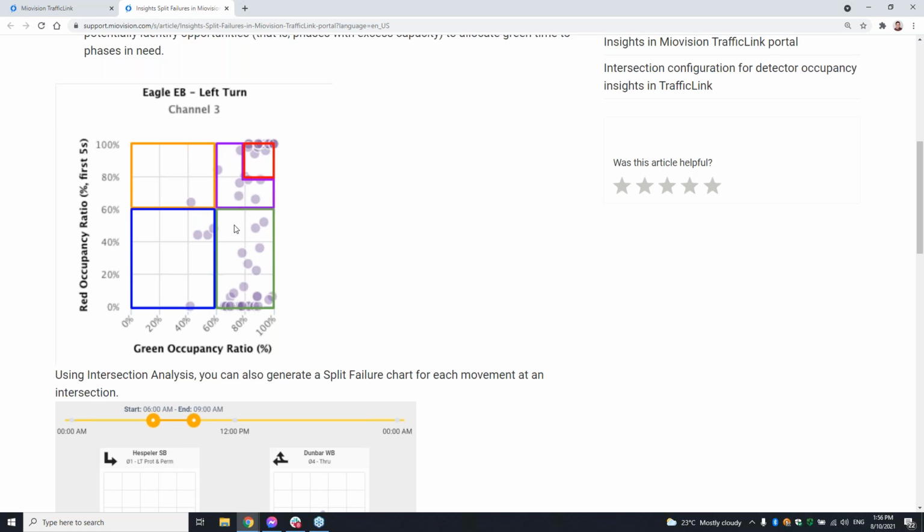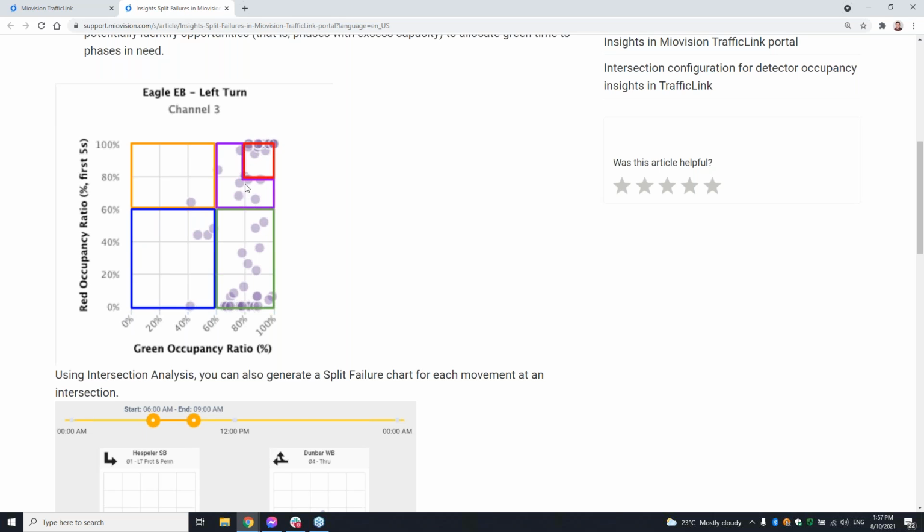Purple is heavy traffic. This is looking at a high percentage of green occupancy, and we're approaching a fairly high percentage of vehicles left over when the light turns red. And then ultimately, the red box here in the top corner is a split failure, where 80 to 100% of the time that green phase has a very high occupancy percentage, so it's being used consistently, and there are cars being left over, indicating that the demand wasn't serviced adequately. That would be called a split failure.